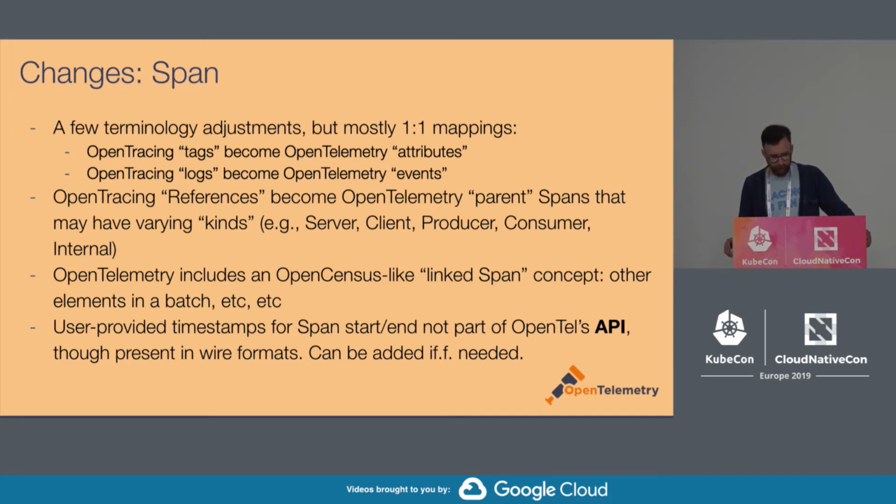There's something that was not in OpenTracing at all, which we've added from OpenCensus, which is the idea of a linked span. So the idea is if you have, let's say you're writing some kind of shared service that has to batch requests and then write them off to some database, all of the batched requests in a single batch have a shared fate in terms of latency. So if you make 100 requests and they all get batched, and then that write to your database takes a long time, all 100 requests will be slow. And the members of the batch have a relationship with each other. It's important to have that represented in the tracing somehow so that you can figure out what went on.